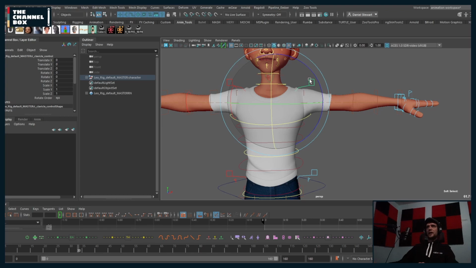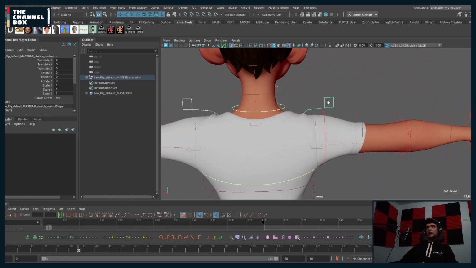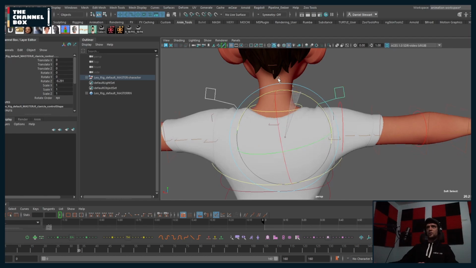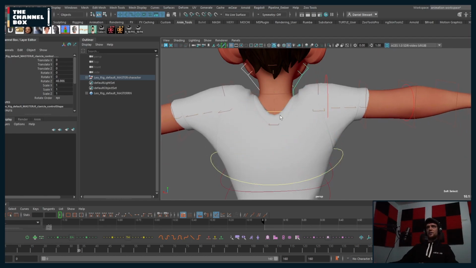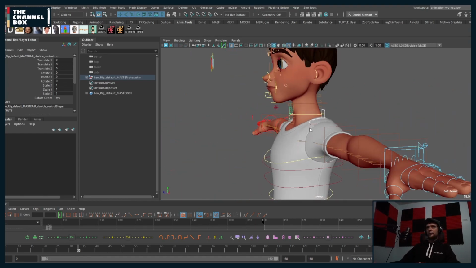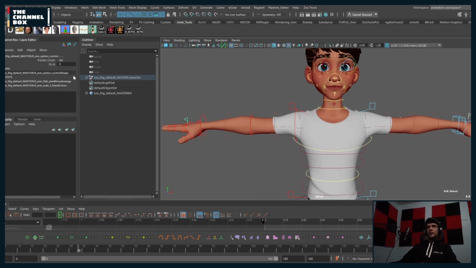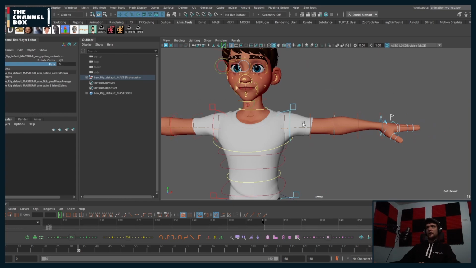Moving up from there, we've got shoulders. Very typical here, just being able to translate and rotate. Note that we made sure when you rotate the shoulders up that you get this really nice fleshy feeling on the back of the neck, because with a lot of rigs, it tends to feel very dead back here. We've got IK, FK switching. So we've got FK arms, IK arms,